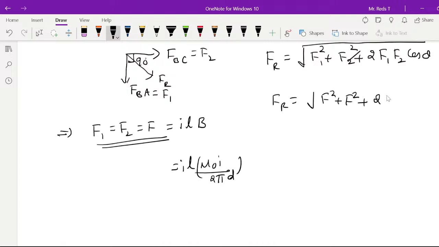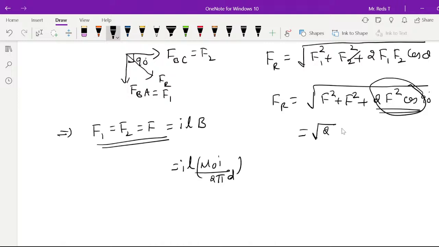plus 2 F into F is F square into cos theta, theta is 90. So cos 90, what is cos 90? Cos 90 is 0. So this entire term becomes 0. So you get square root of F square plus F square is 2F square. So F square comes out and you will get root 2 into F will be your resultant force. Root 2 into F. So you can take this as, therefore, magnitude of resultant is root 2 into